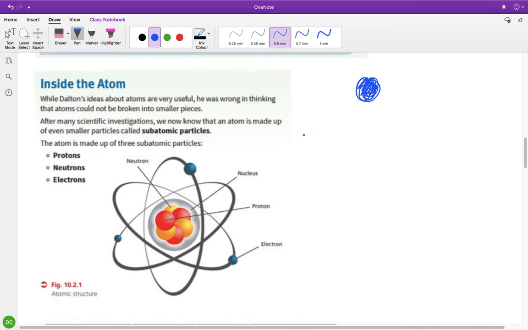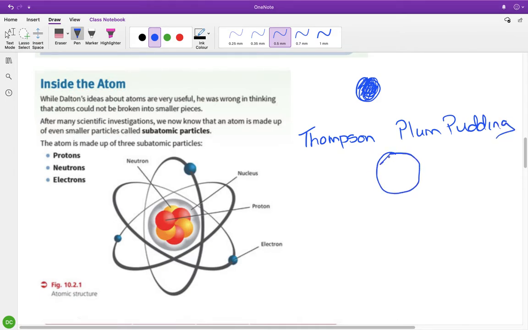Then I think the earliest version of the atom came from a guy called Thomson. And Thomson developed what was called the plum pudding model. So what he said was that here's the atom, and it's this solid thing, and then the electrons were like little plums embedded in it. So that was a prevailing theory for a while, and then a guy called Rutherford came along,